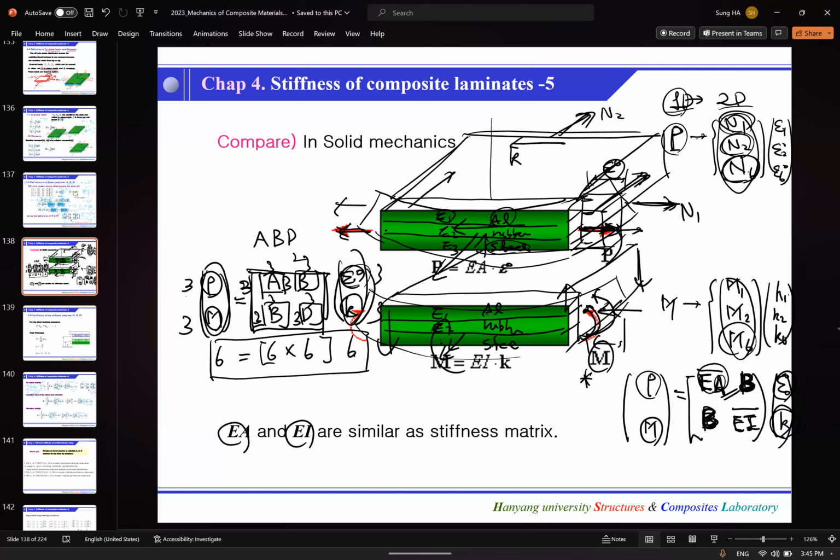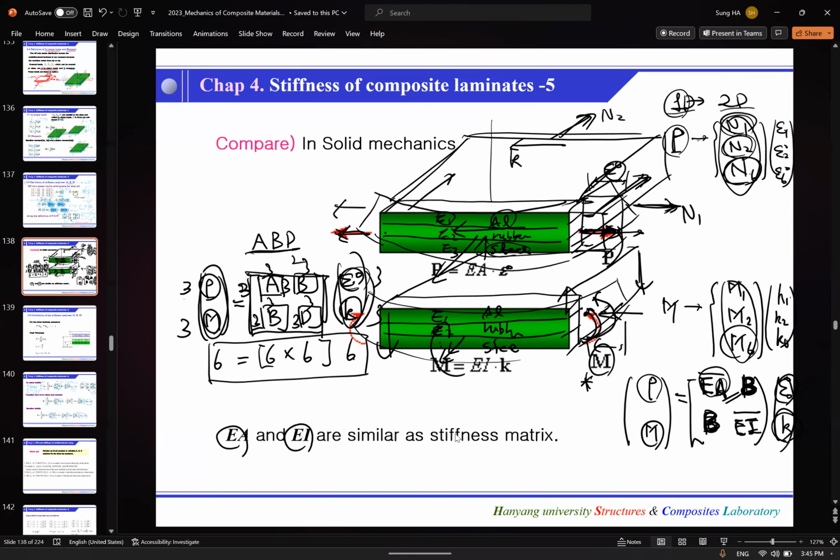Sequence means the order of plies. So the material property and order of each ply will determine this ABD matrix. Okay, so let's assume we have an ABD matrix, and then